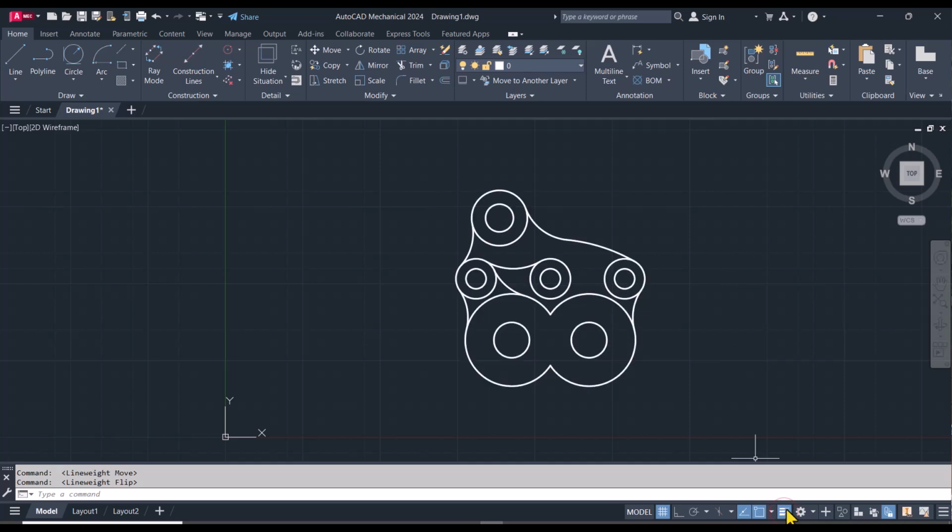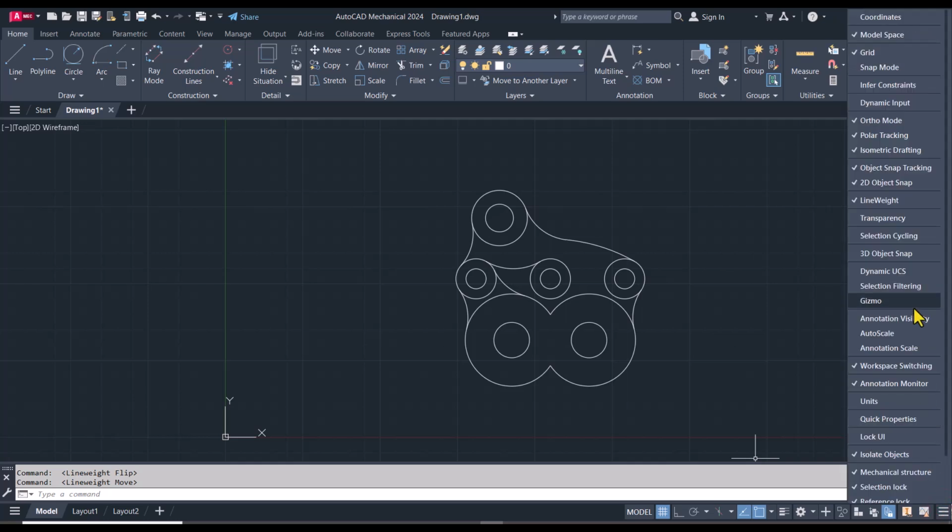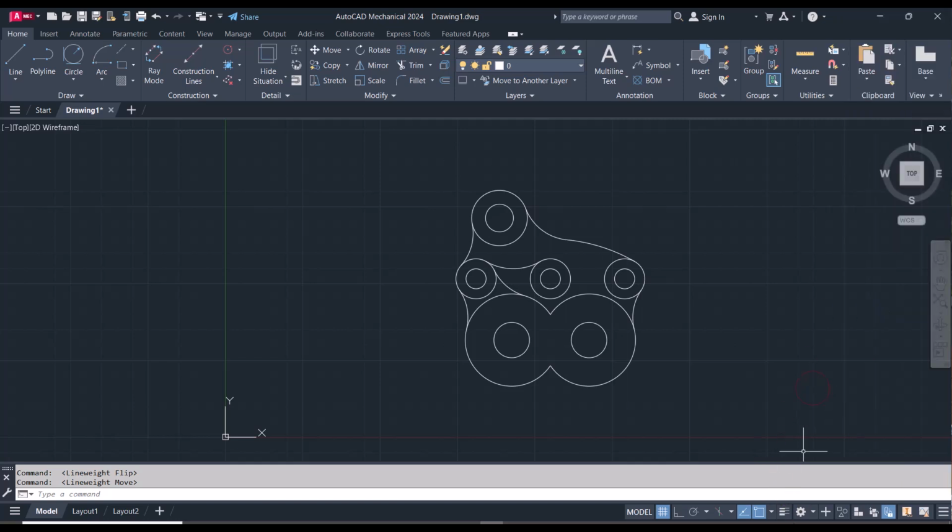If you don't have line weight here, you can go to customization and make sure the line weight is checked, right? So once you check it, it appears here at the bottom, and then you can turn it on like that. Okay,